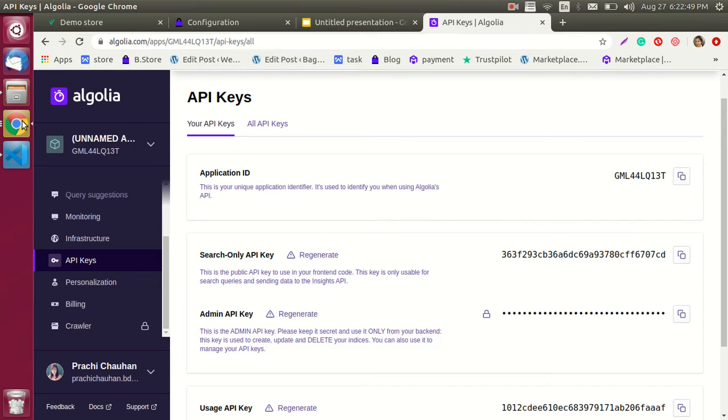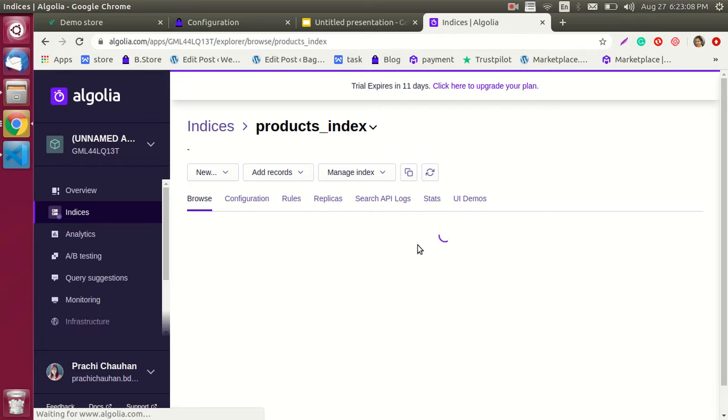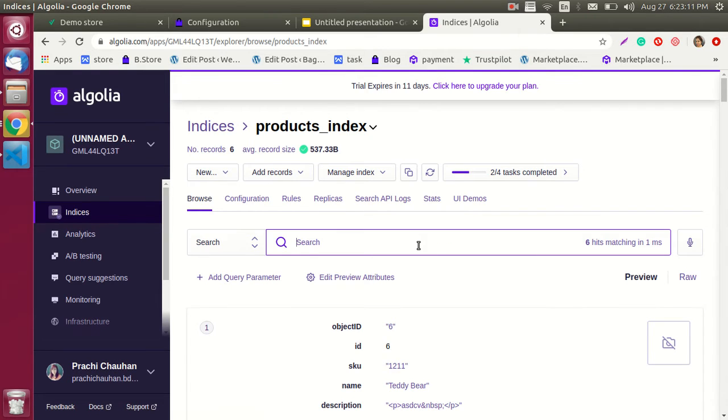So this is a very simple way you can integrate your Algolia with Bagisto, which will give a customer very fast and quick results while they are searching for any product on your website. Apart from this, guys, you will also find product indexing here. Once you have successfully configured Algolia with Bagisto, you will find all your products here, and it will work automatically. Let's suppose you are deleting, adding, or updating any product on your Bagisto store, this will update it automatically.